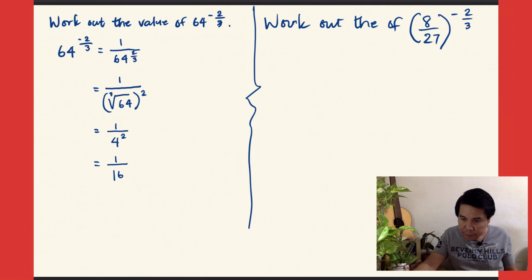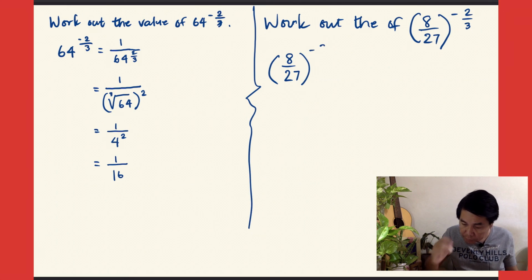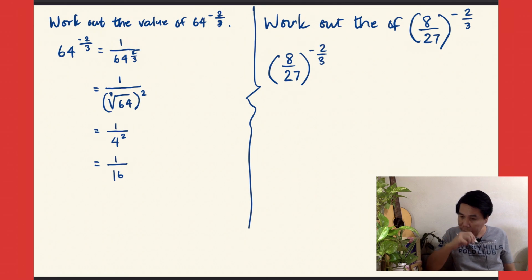So what do we do? First of all, let's have 8 over 27 raised to the power of negative 2/3 is equal to,